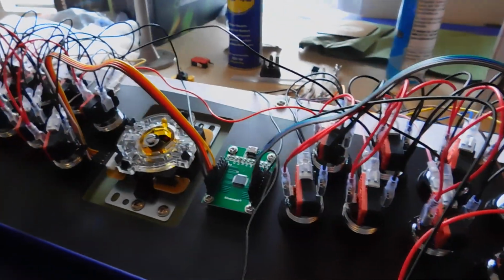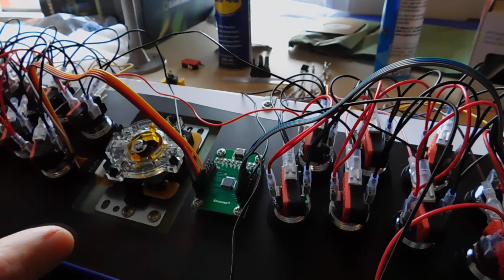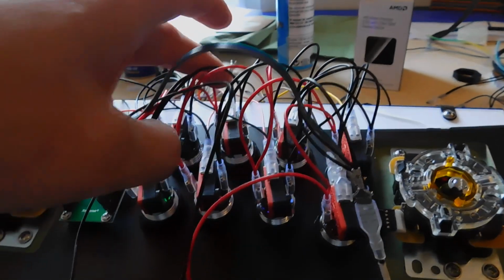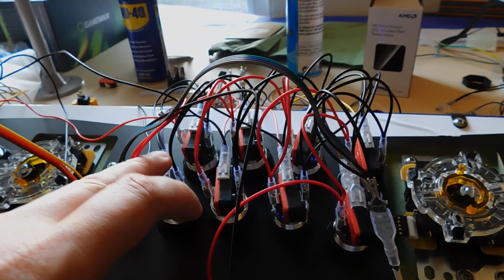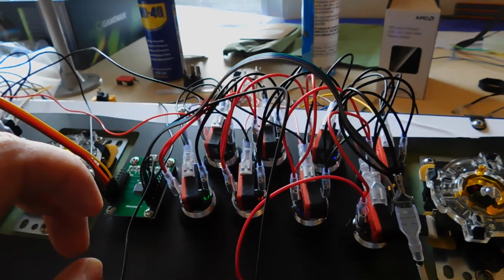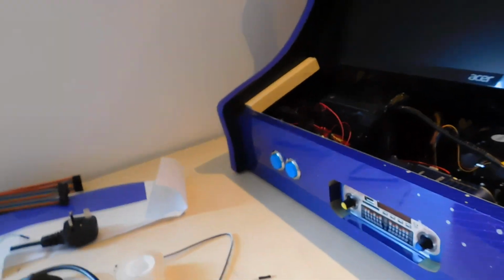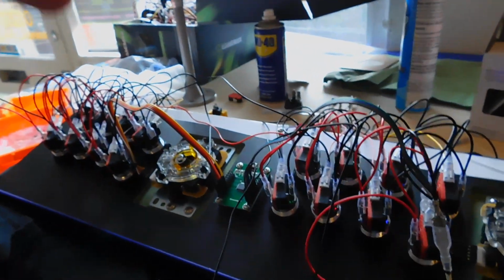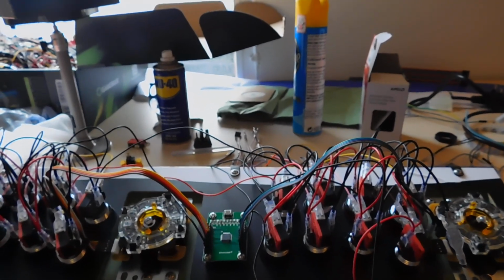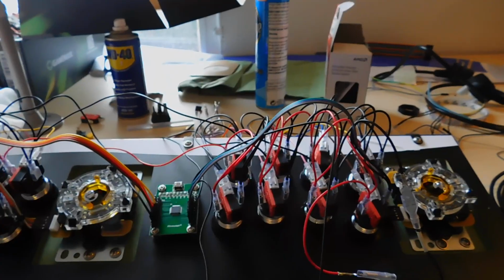So then I'm gonna do a template of the new wiring, what buttons correspond to what button press. I believe it's 1, 2, 3, 4, 5, 6. Then it will be the N2, 11 and 12, and from the top to bottom 11, 12, and then 7 and 8 it'll be the add coin and start button. The pinball buttons left and right, it'll be button 13 and 14. I think it's 13 and 14. I've got to go and do a test anyways and check, but I'm positive it's 13 and 14 on the